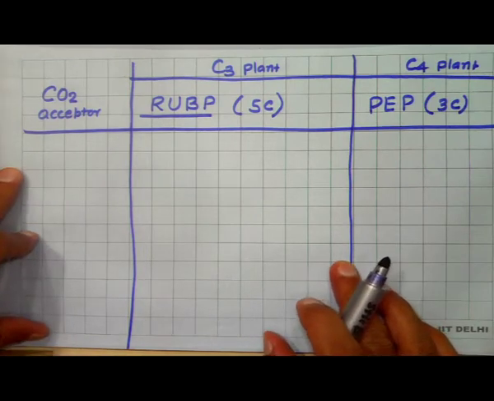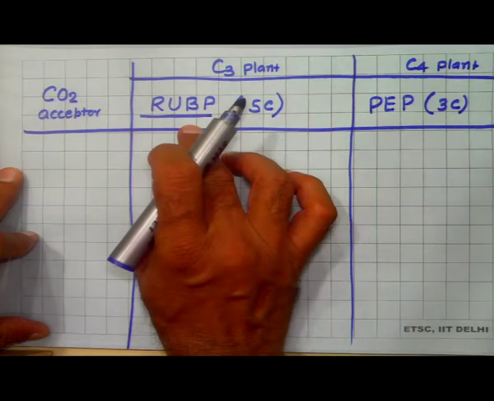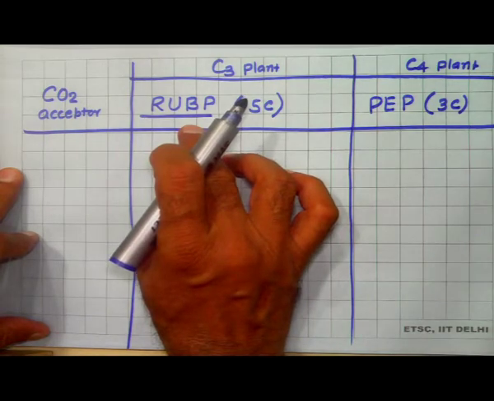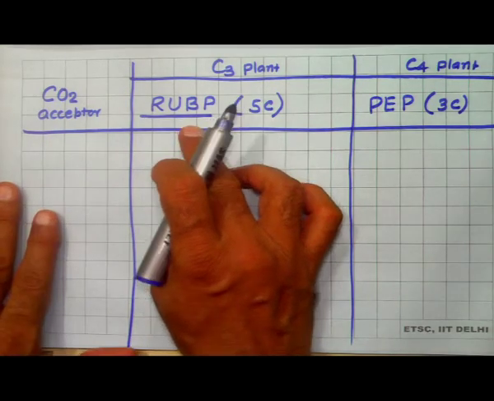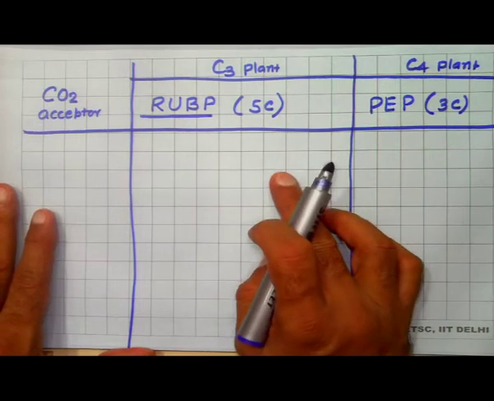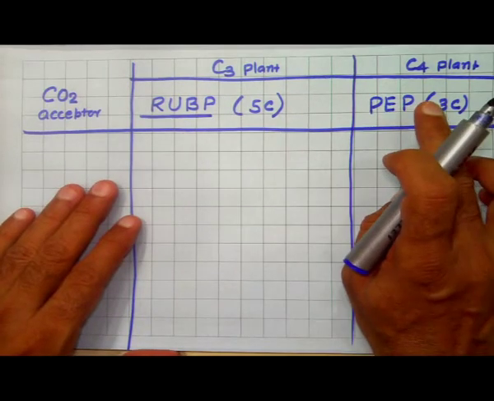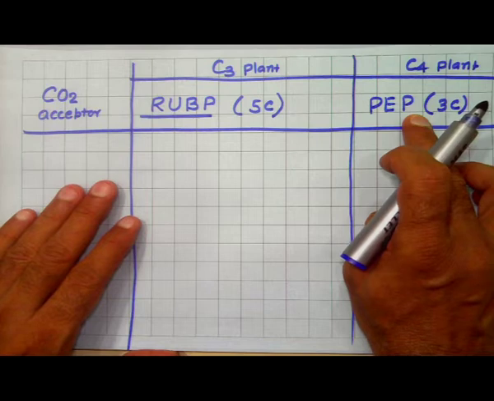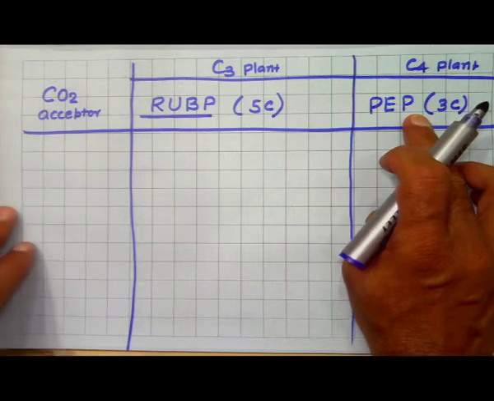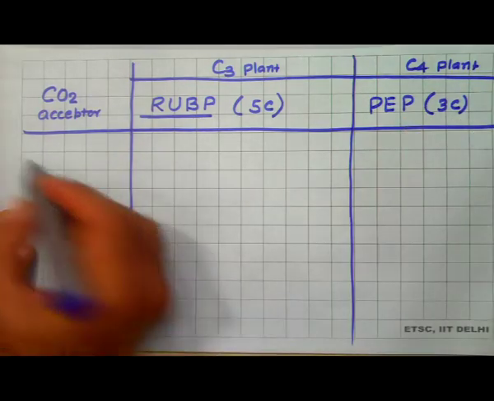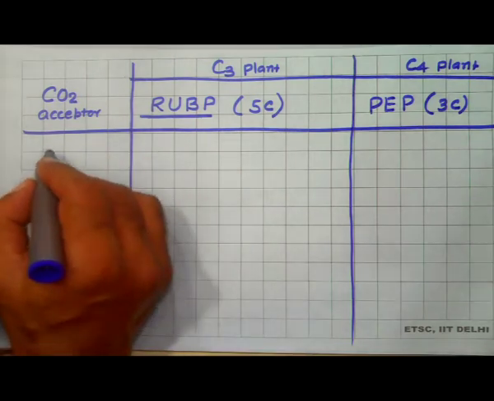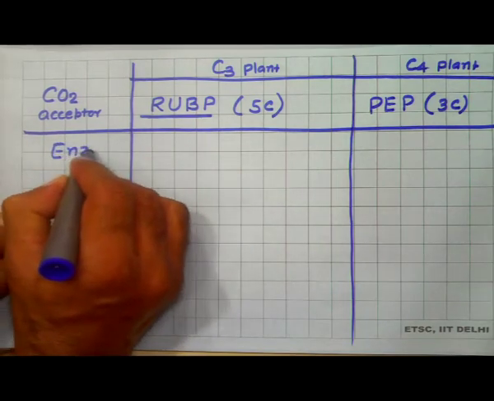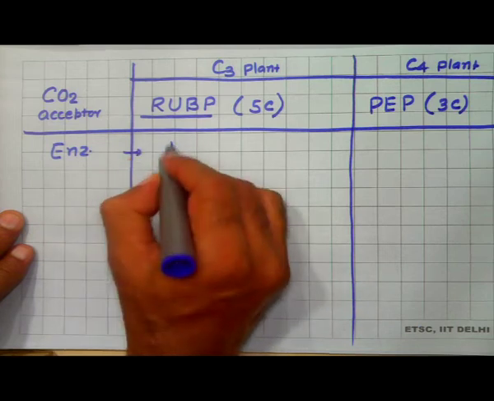dioxide. Here the enzyme involved is Rubisco, which is the most abundant enzyme on the earth. Here the enzyme involved is PEP carboxylase. So, in terms of enzyme we can say that here Rubisco is there,